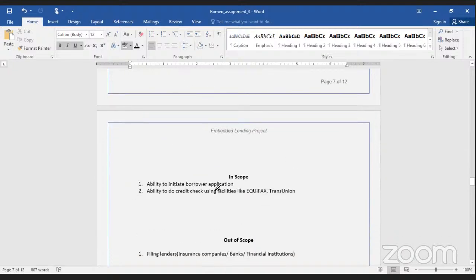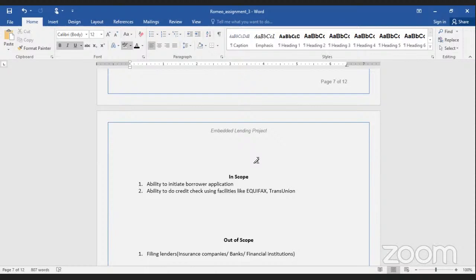So, in short. Then in-scope functionalities. When the application is ready, or let's say the MVP, the minimal viable product, it should have the ability to initiate a borrower application.